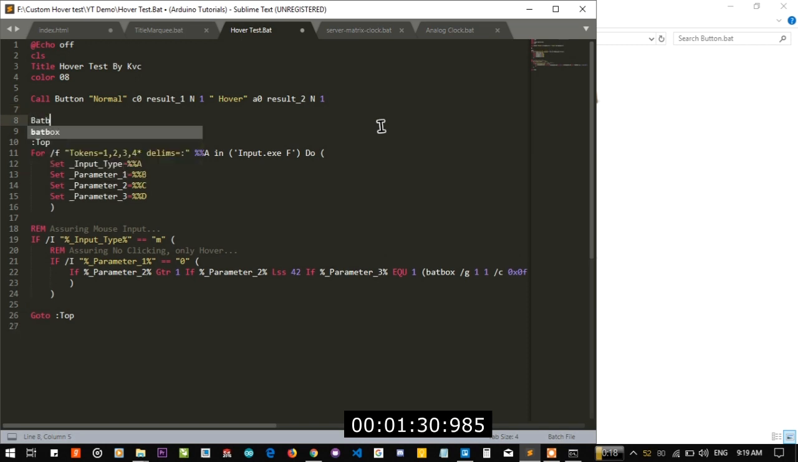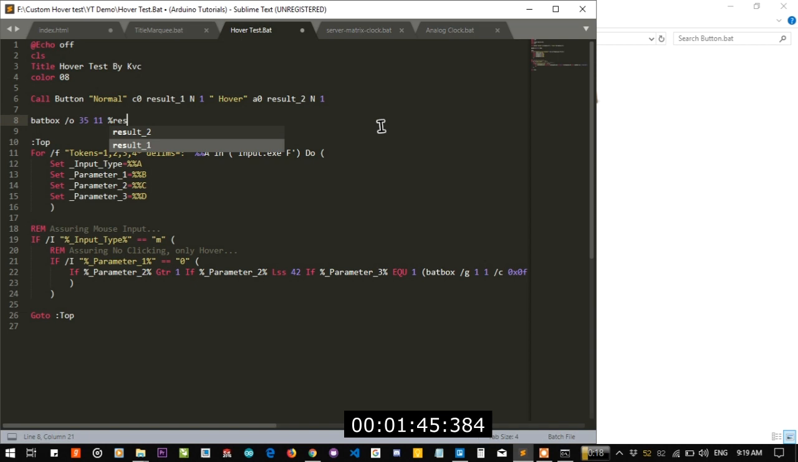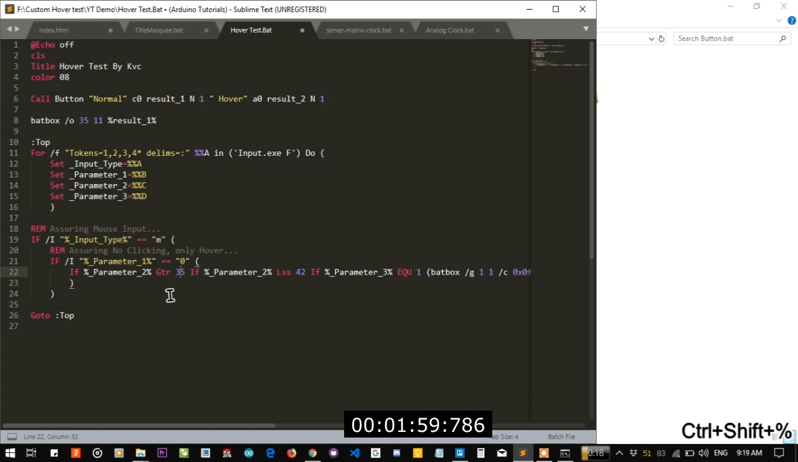So callback box, change the origin to, let's say, 25, 35, 11, and print the button. Okay, result 1, which is a normal button code. And here, if the parameter 2, which is x, is greater than or equal to 35, we need an equal to parameter here. If it is less than or equal to